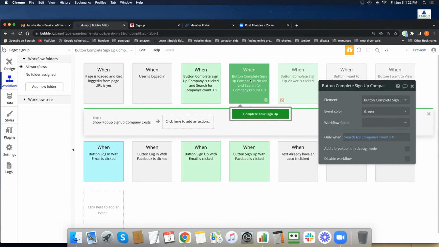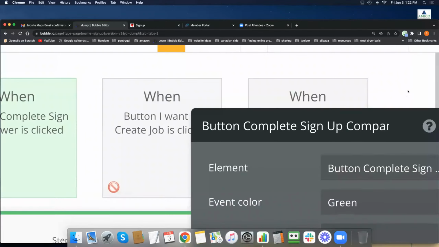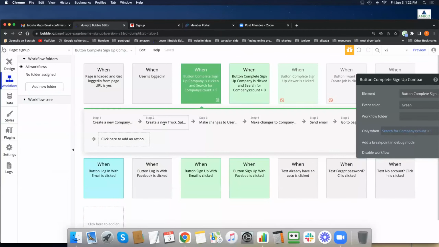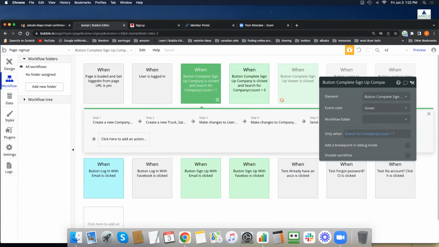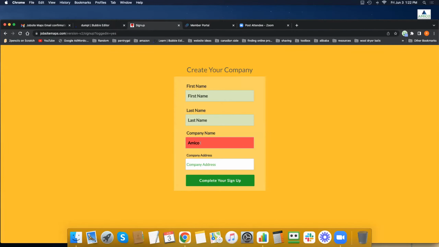And when that count is less than 0, then it goes and creates the company and the truck satellite, changes the user, and sends an email. So this does work. However,